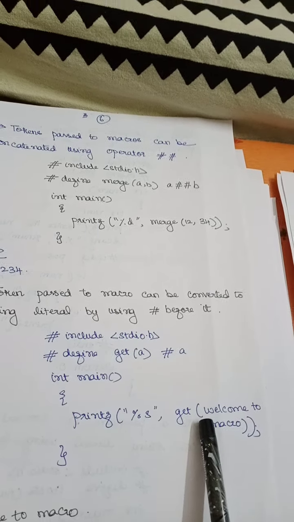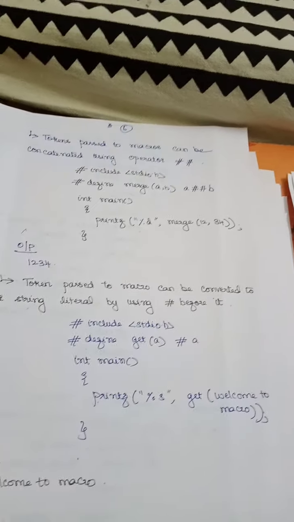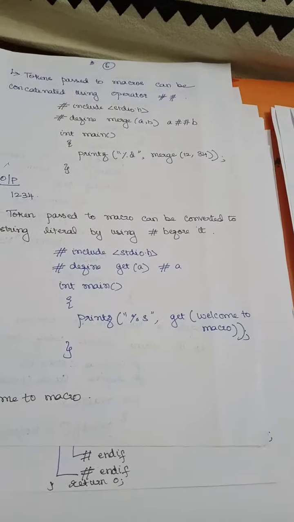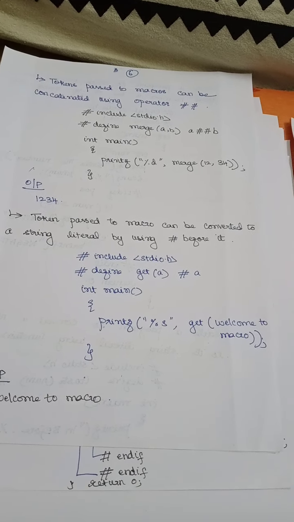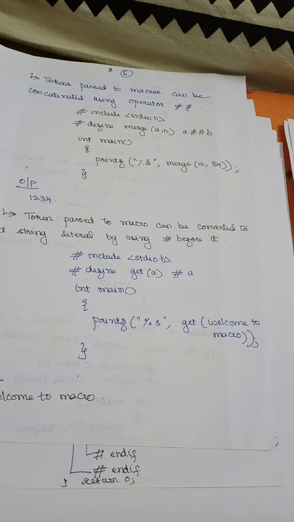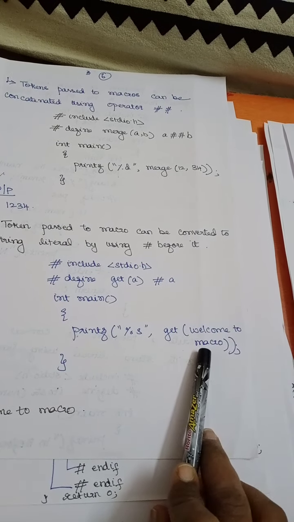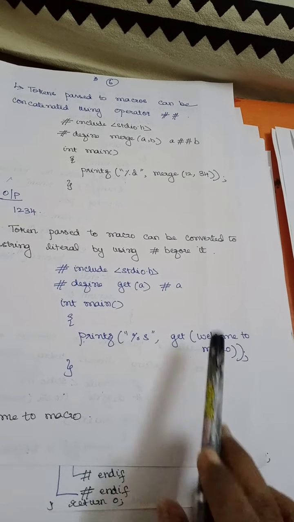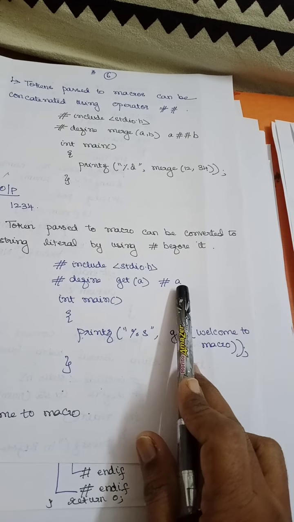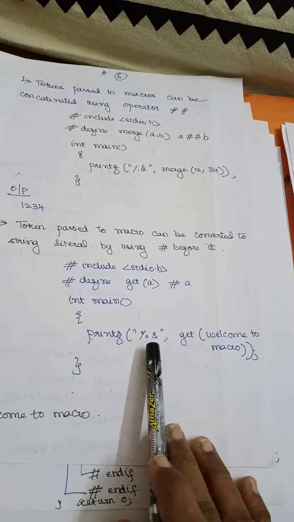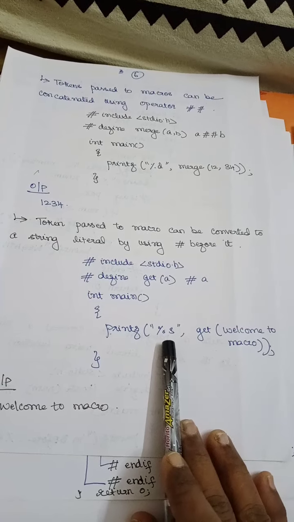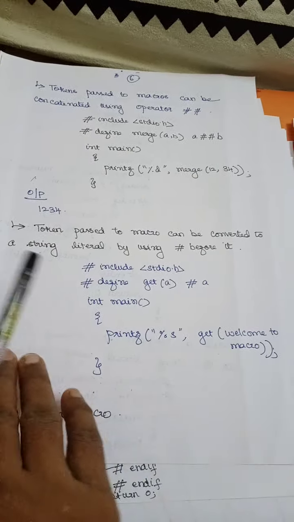So here I am not giving it within double quotes. Have you seen here? In C language, whenever you want to convert something into a string, you need to specify it within double quotes, right? But we are not doing it here. I am just giving it as usual characters, and that will be converted to a string, and that is what is being printed with the help of your percent s. Is that clear? Right.